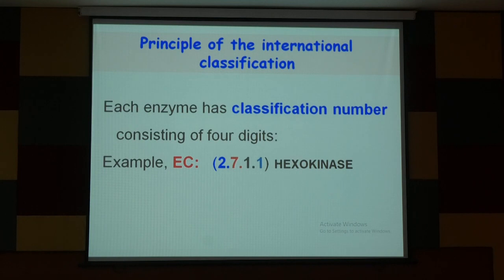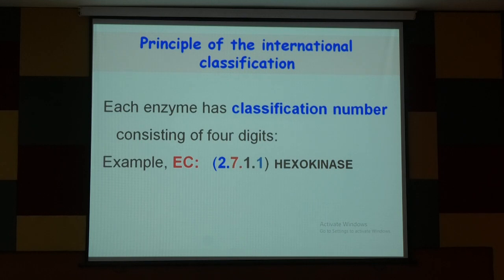Who is giving that electron? Suppose he is receiving an electron, so who is giving that electron? Correct? Who is giving that particular phosphate group? Is it inorganic phosphate or organic phosphate? Free phosphate or bound phosphate? Sulfate? Who is giving the sulfur group? Depending on these, they give a subtype or subclass.